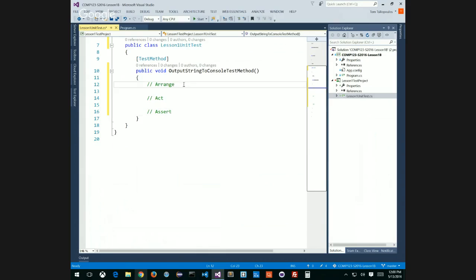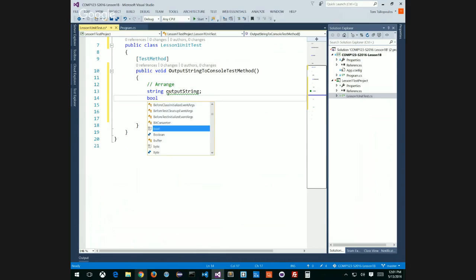Okay, so in my arrange, I've got to think about what I'm doing. I'm testing my output string to console test method. This method requires 2 parameters, right? A string and a Boolean. I need those 2 parameters in my arrange. So here's a string, right? And the string is going to be my output string. I'm going to call it output string here too, right? And I'm also going to make a Boolean, which is new line,